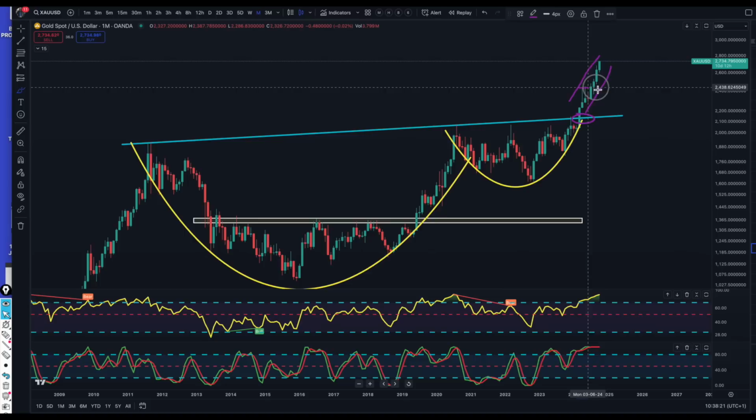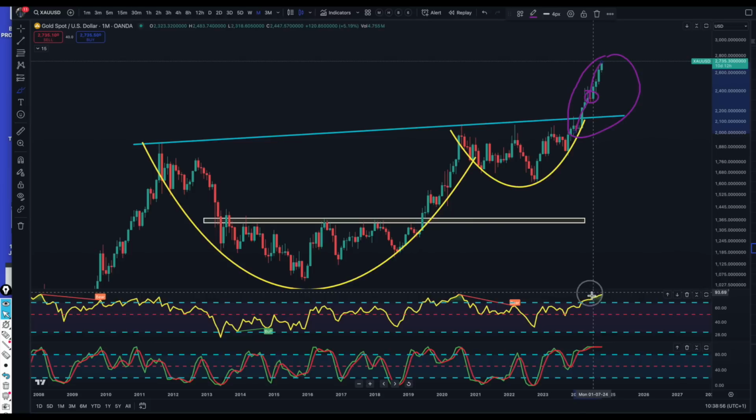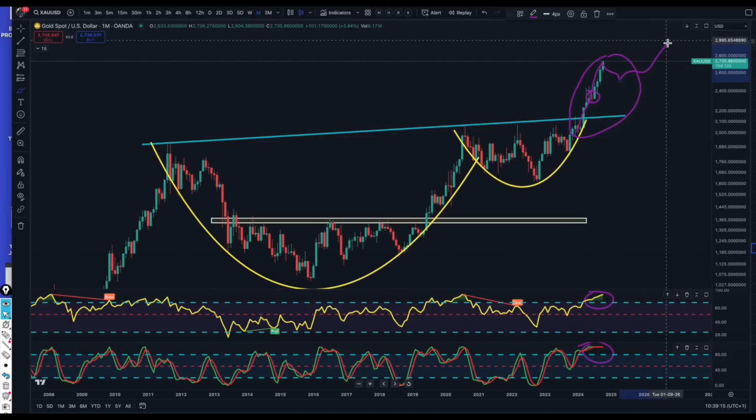We did have some sort of a consolidation over here for a few months, but that was again a consolidation and a continuation of the pattern to the upside. And we can see that in the previous 9 months here, we've had only one red candle. So this looks to me as though it may well be in the short term overdone, overbought. And we can see the RSI is showing signs of being overbought as well as the stochastic RSI. So we may well get some sort of a pullback to realign the indicators and then to have one more go at the blow off top.